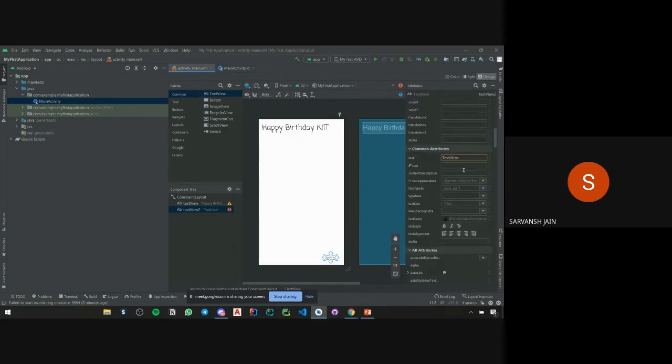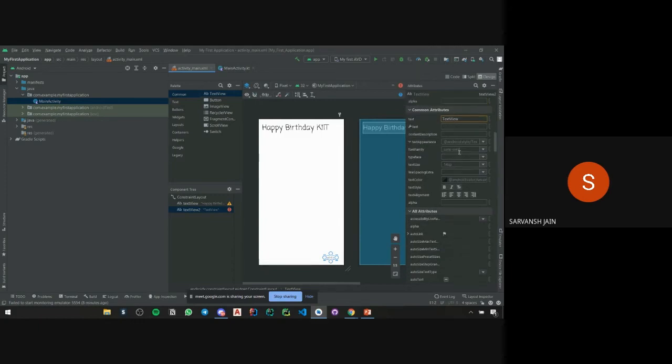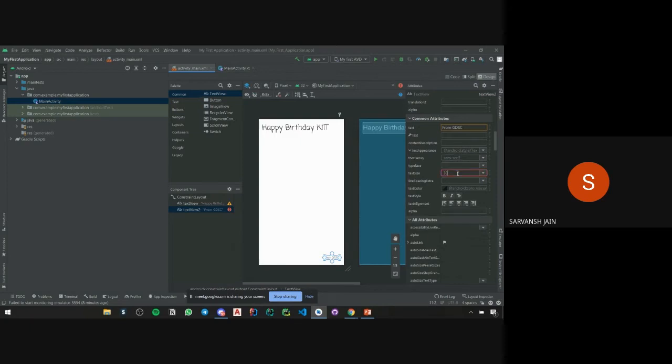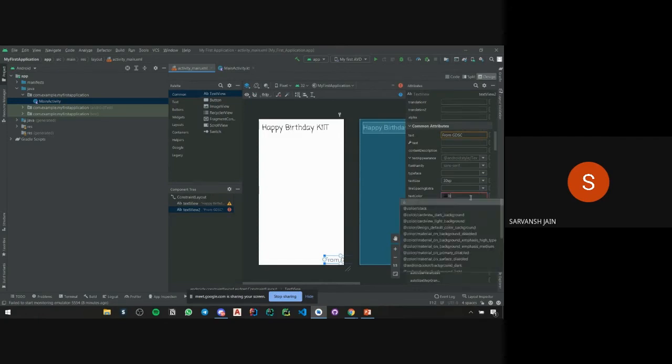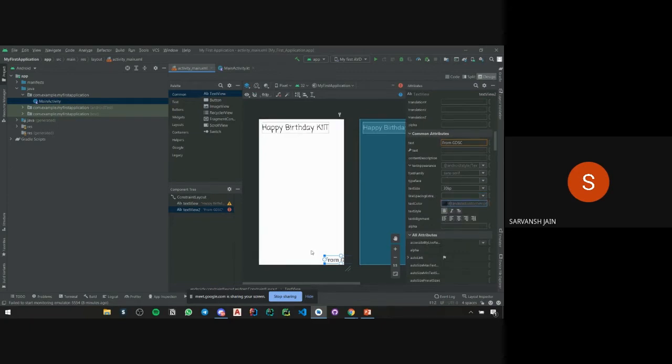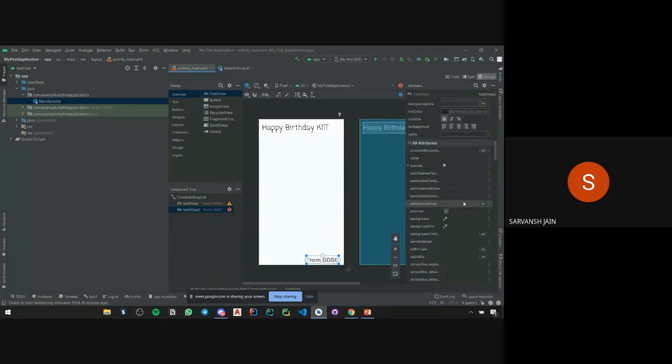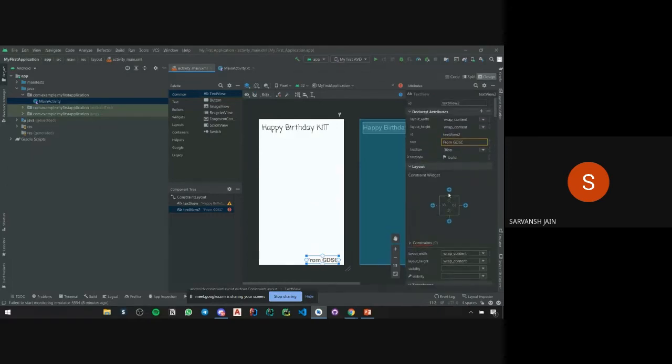Then I can format it again. So I'll go into this. I'll change its size. Maybe I can keep it 30. So this time we can change color. I'll keep it black. So now once again we have to give constraint to this text from GDSC.